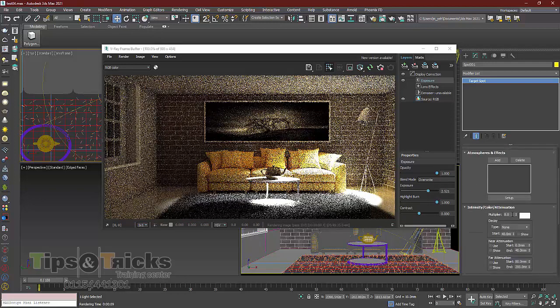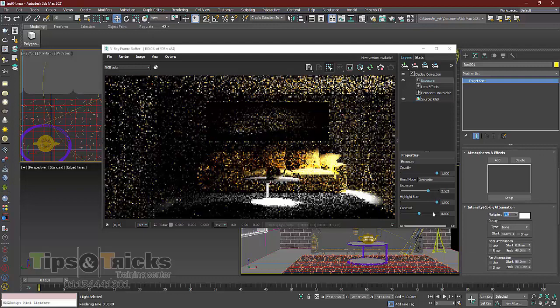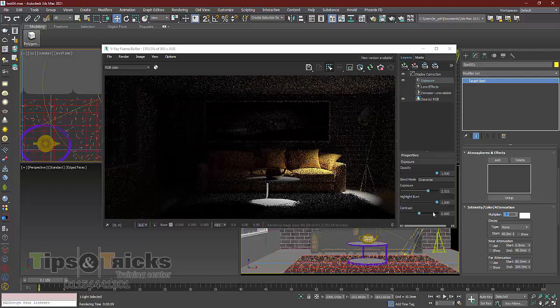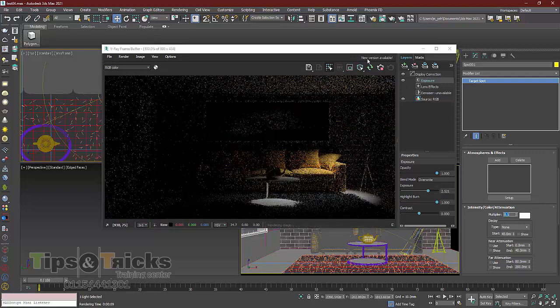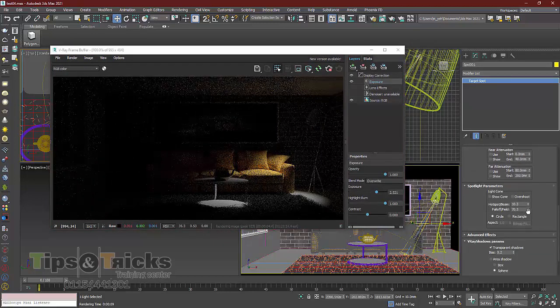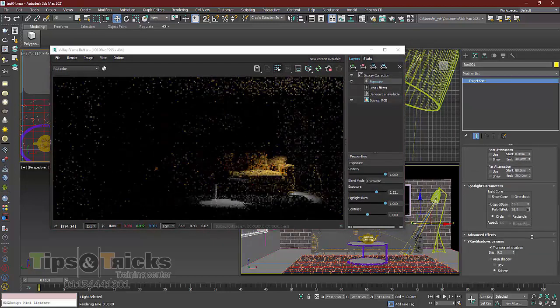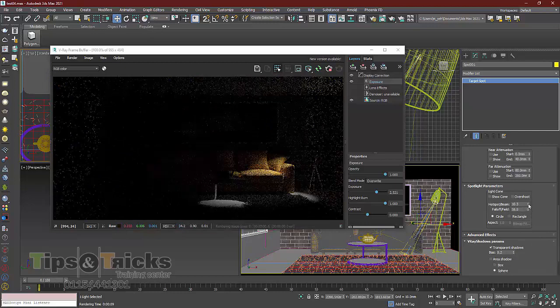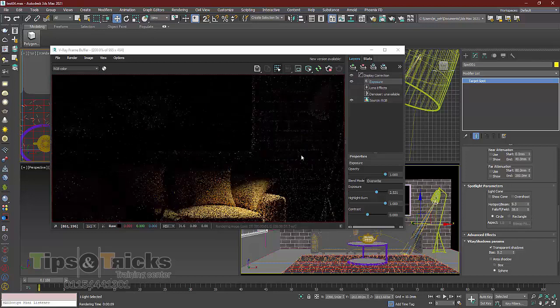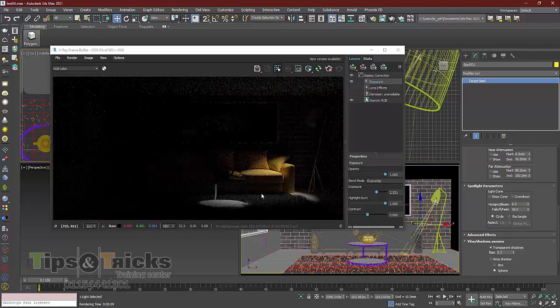Okay, it's very high. Let's start with 1, 0.2, 0.1. As you can see, you can control it. And I will need to lower the fall off value, something like this, and the hotspot also, so it will give you the effect of light, something like this. Of course this is a normal light, so if you want to make the volume light